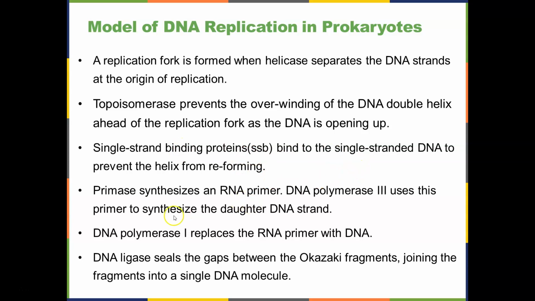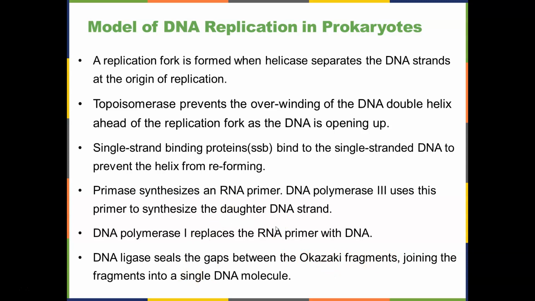They're all reused. DNA primase, RNA primase, recognizes a particular sequence of DNA, and whenever it sees that sequence, it drops a primer down. Polymerase 3 attaches to that primer and uses it as a starting point to build replicated DNA. So at the beginning of your replicated bit is going to be a little piece of RNA, and then the rest of it will be made out of DNA. DNA polymerase 1 replaces RNA with DNA in that primer, and then DNA ligase is the last actor in this process, and it joins together those components of the lagging strand, the Okazaki fragments,